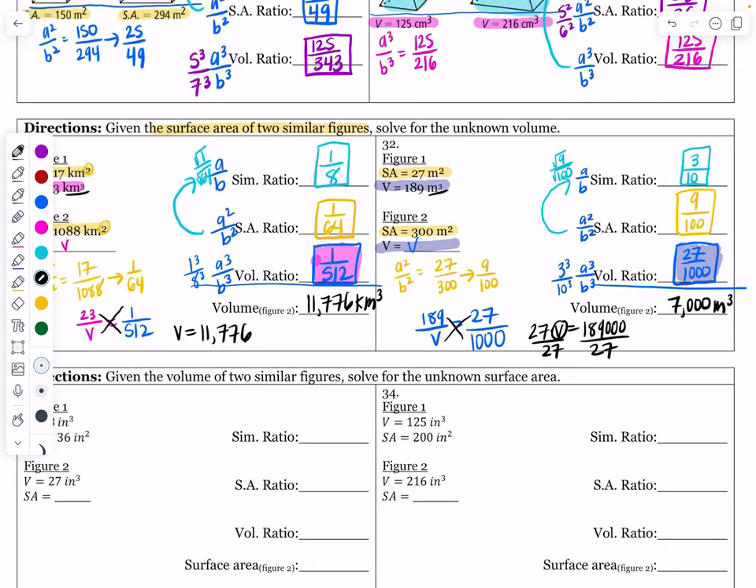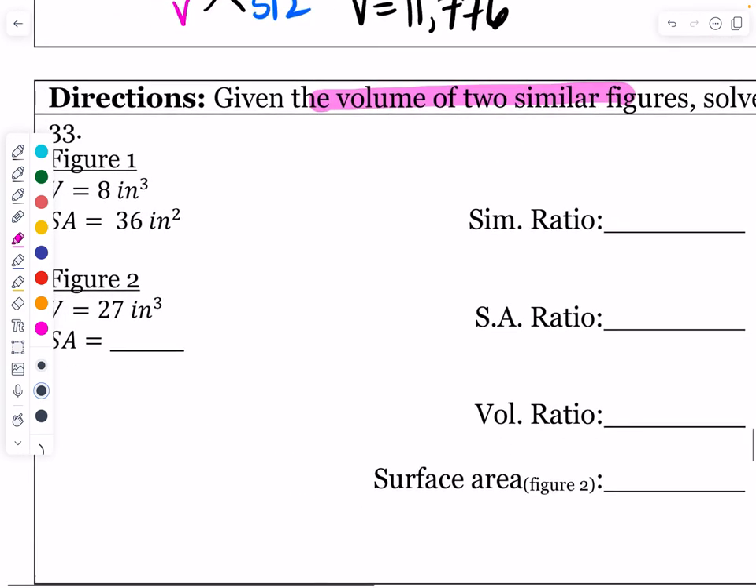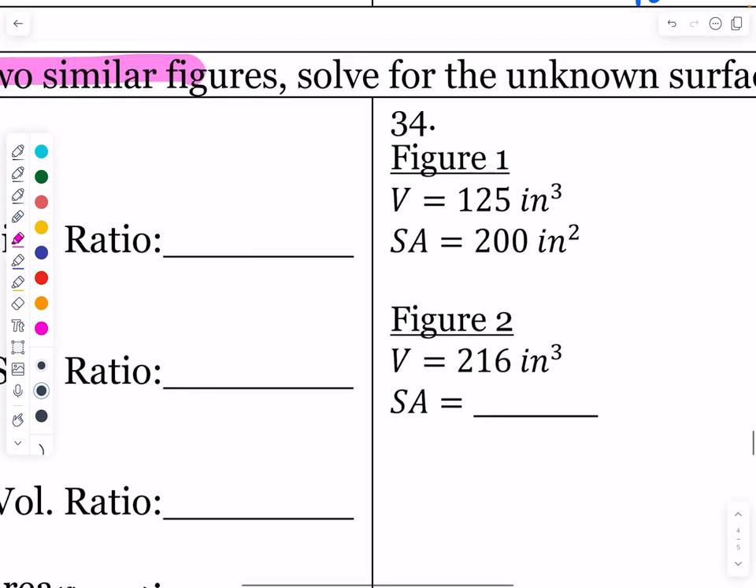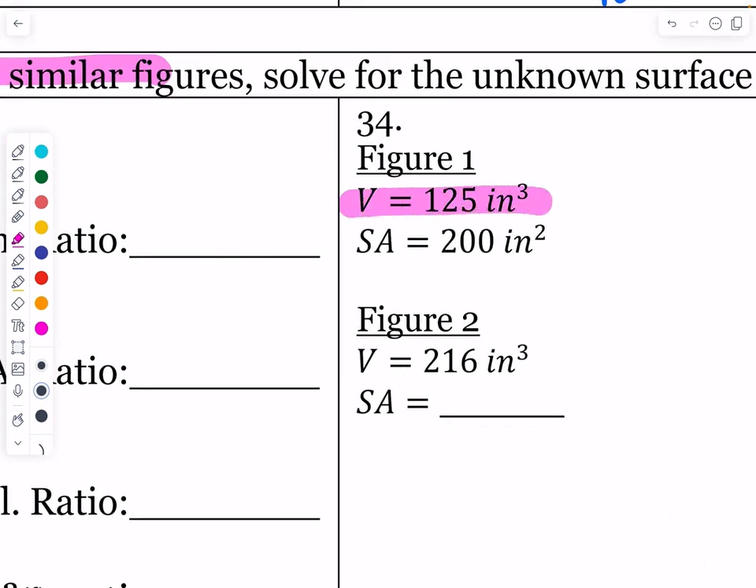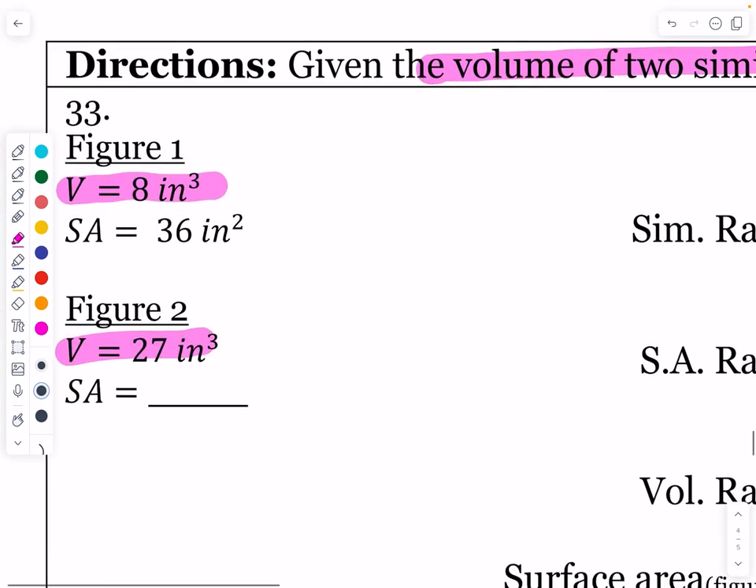All right, friends, so that was given the surface area, finding the volume. Now we're going to be given the volume, and we're going to be asked to find the surface area. So we're given the volume on this one. Same thing here. Figure 1 has a volume given, and we're going to use that